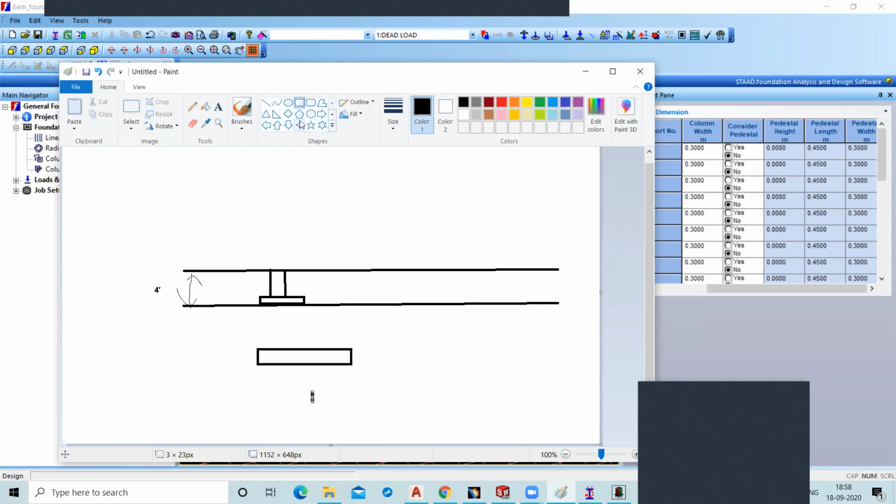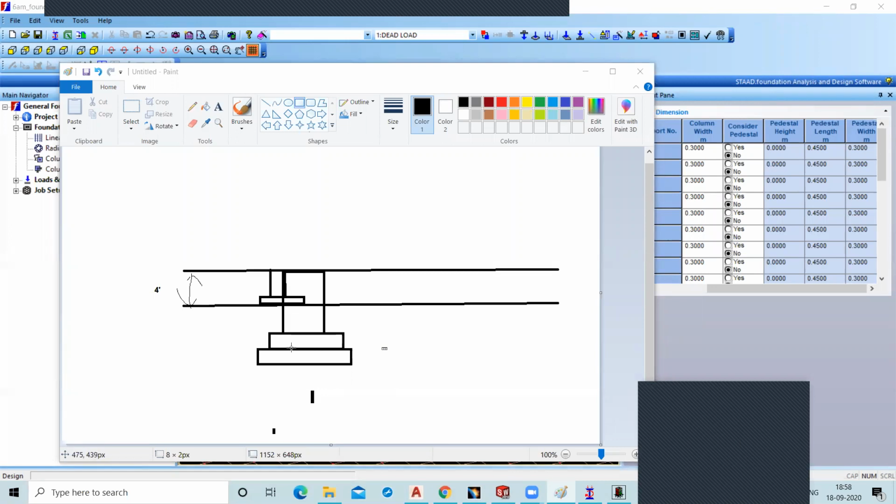This is your foundation depth, and this is your second step, and this is your third. This is your actual column height up to this point. Now you can consider like this also.